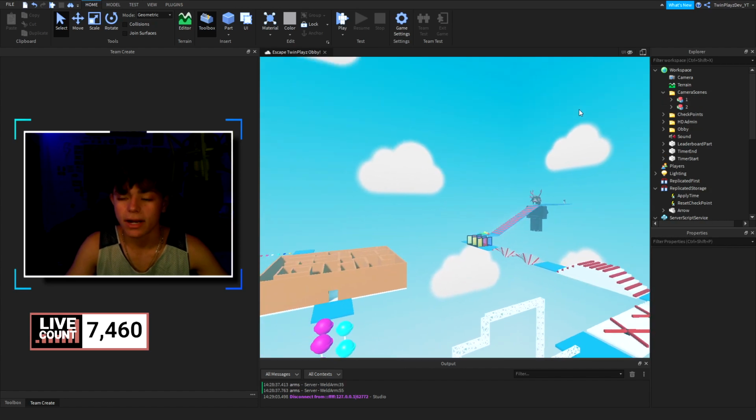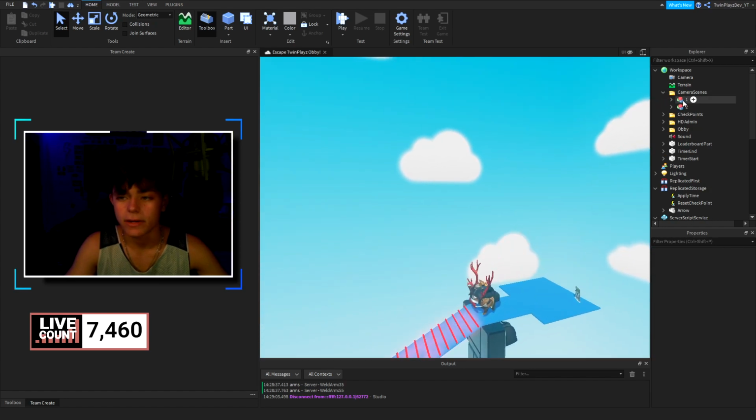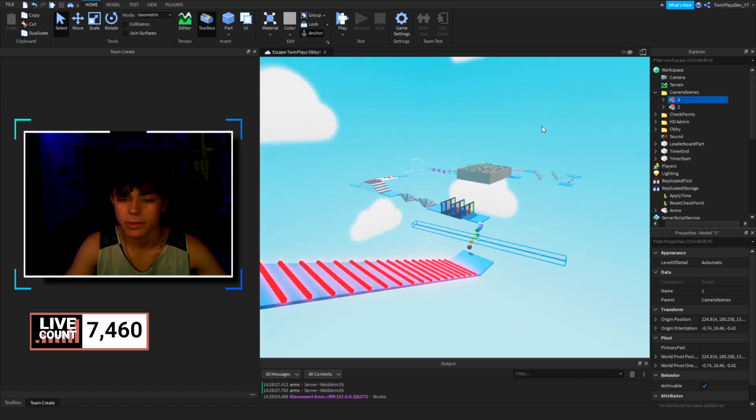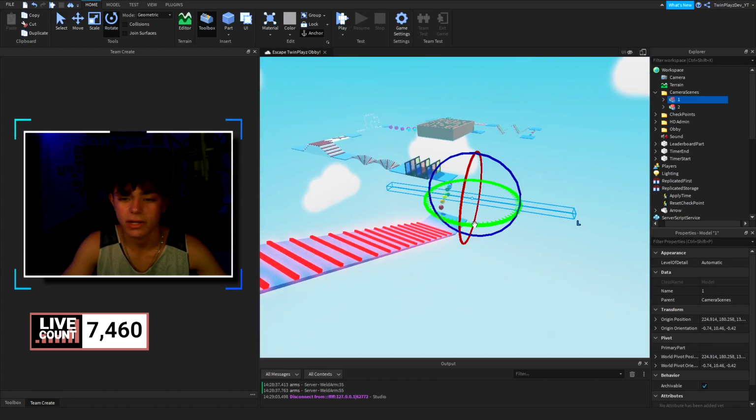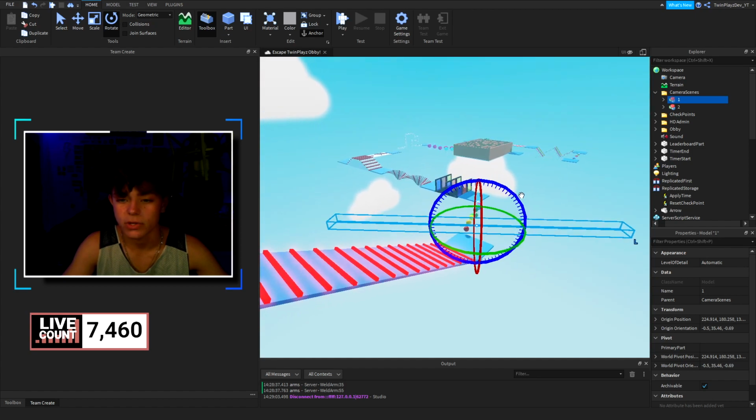So, camera scenes are actually the things we did in the last video. These are just the cameras of where you're going to be looking at. Right here at the beginning, we're looking this way. I actually want to rotate this because I don't like where it was. So we're going to go like that, and they're going to be looking over here.